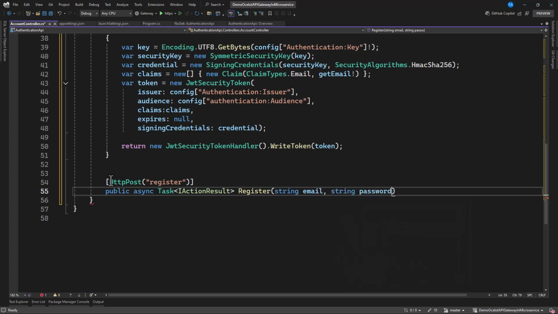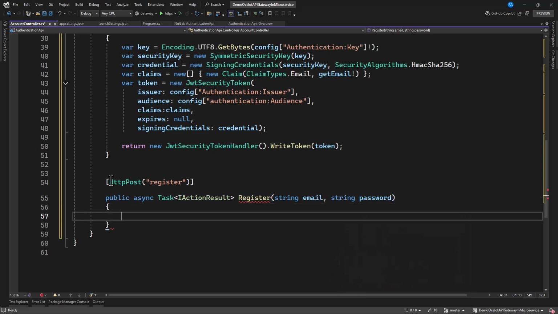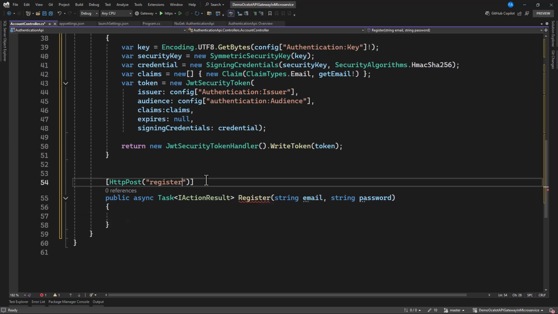Password. Then what are we doing? Before we move on, we should not forget this needs email and it needs password. We need to do the same thing here.